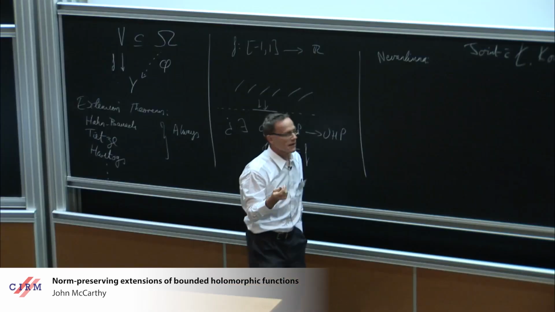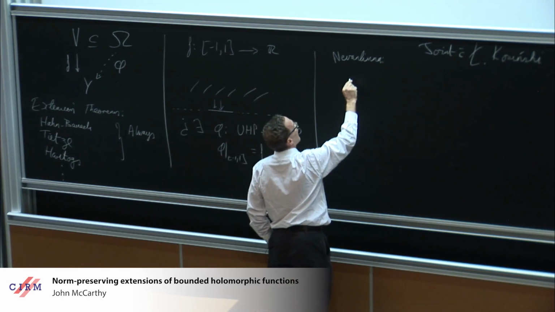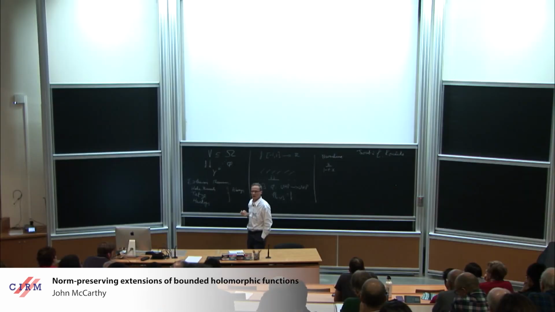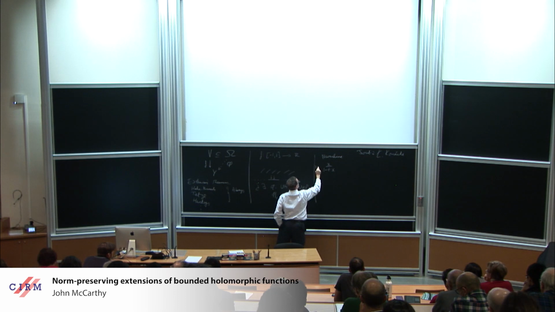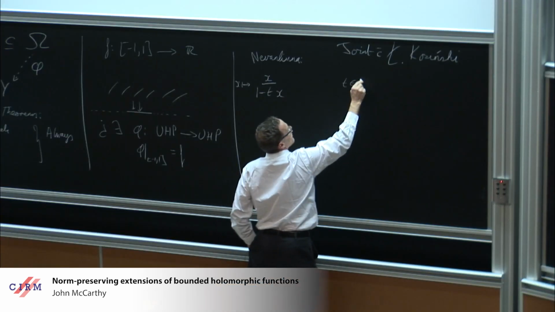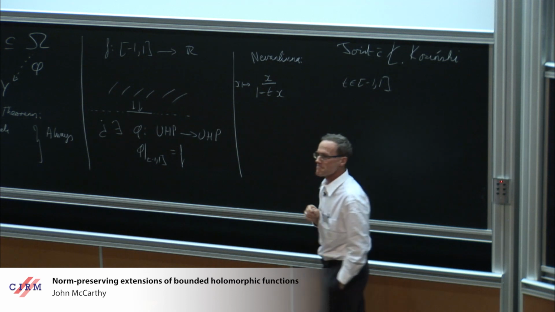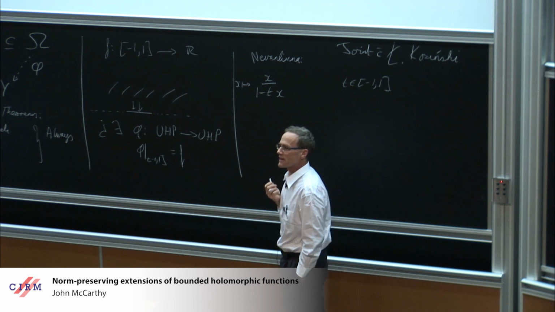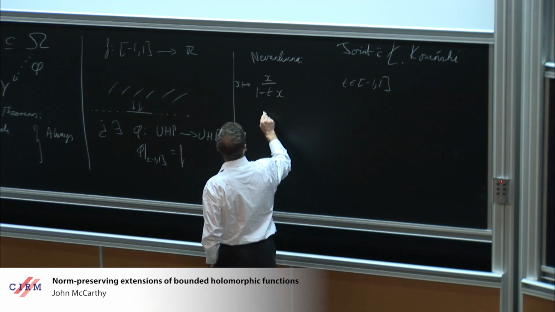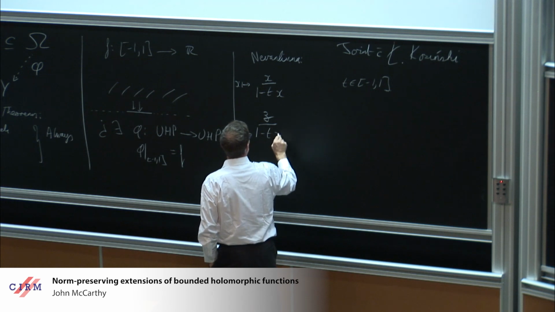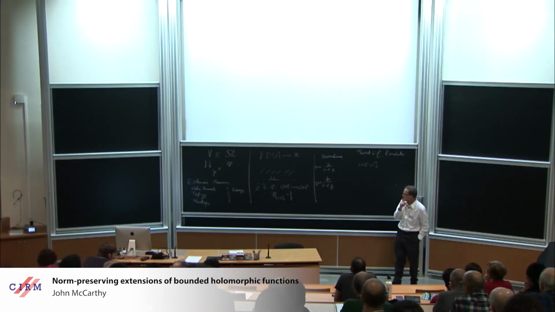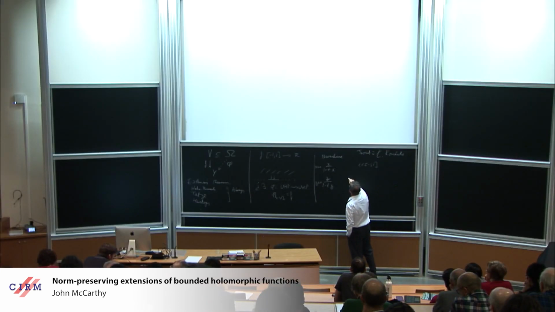Well, let's start with a single function. Suppose I take the function x over 1 minus tx, where this is a function of x, and t is some number between -1 and 1. Well, this has a fairly obvious guess for what the extension might be. If I look at z over 1 minus tz, this is certainly a holomorphic function in the upper half plane. And if I calculate the imaginary part of this, well,